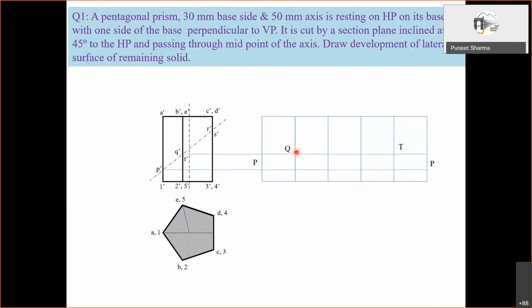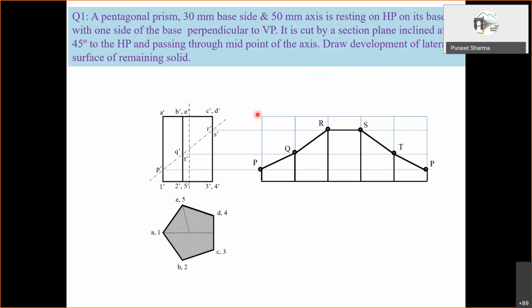Okay, and this E5 will be then at this location, so T will be located here. Then the remaining two are here, C3 and D4. So we locate R and S on this. Okay, so then join straight lines, which will be used for joining this, and this completes it. And the edges also to be marked. Okay, so this is the completion for this, right?